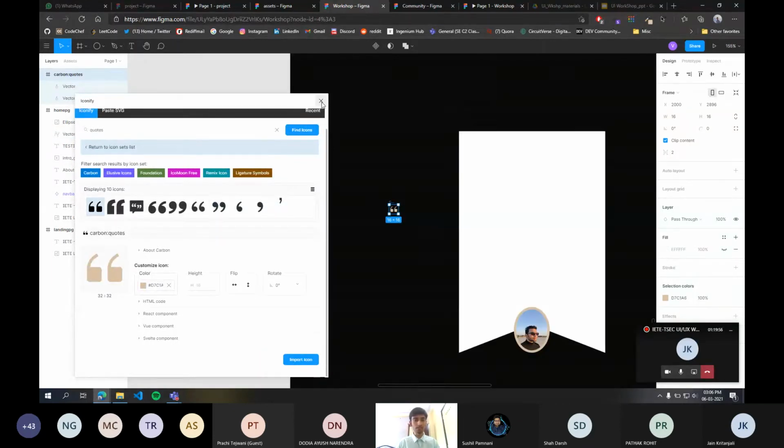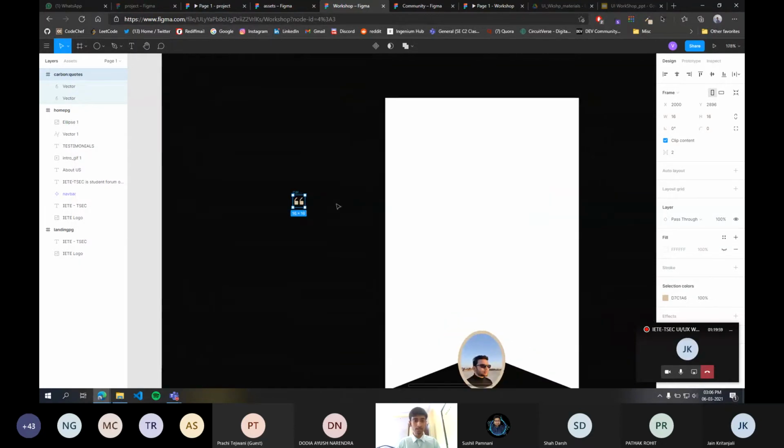So you can just close this window now, and again you can resize this vector image according to your requirements. You can just place it in the center.